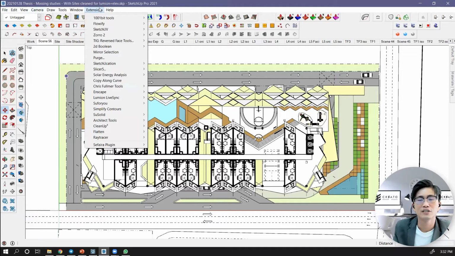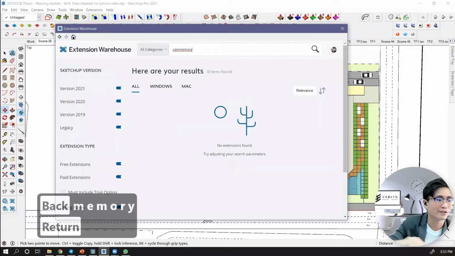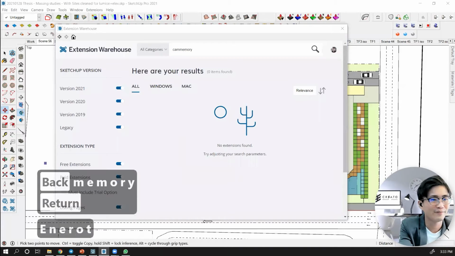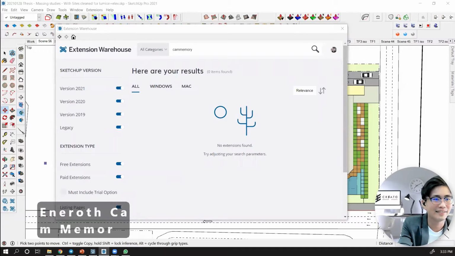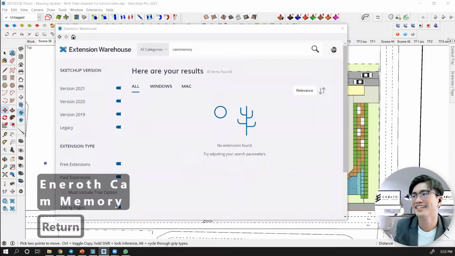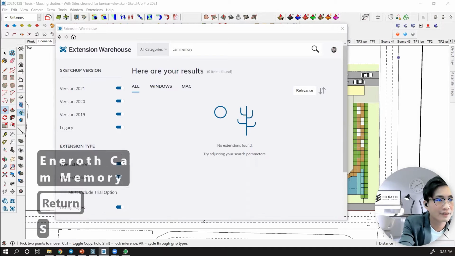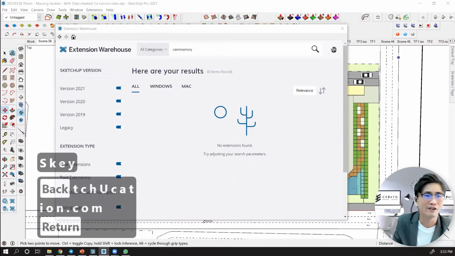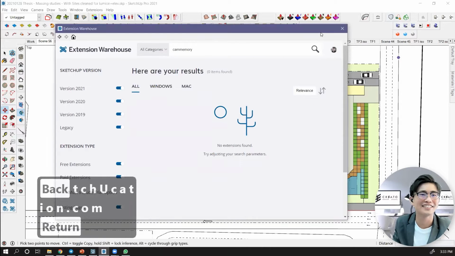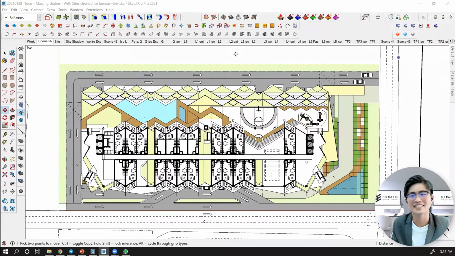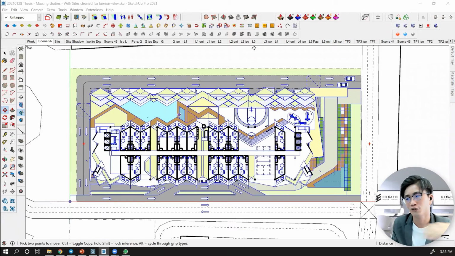Because it is an extension, you have to find it out yourself, like I typed in the chat box. We have many questions to solve. Something like a rough cam memory. You can also find it in sketchucation.com. I give you the keywords today. If I share the whole process, it takes hours and we can only answer 2 or 3 questions. So these are the keywords. Then you can achieve this like me.